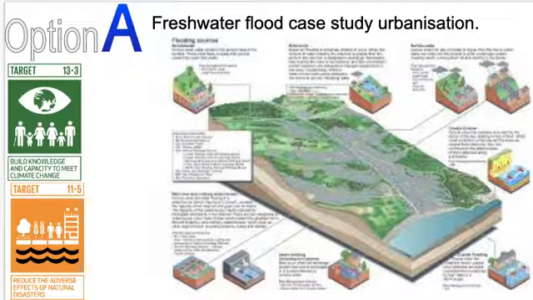So we can see here the interaction between physical and human factors, both on the causes and the consequences of the flood. We can also see how the community responded to the flood and planned for it. Specifically here, how the community tried to build in resilience as a result of its flood water protection plan. As the UK is a more economically developed country, it is able to afford these expensive flood protection, flood mitigation,